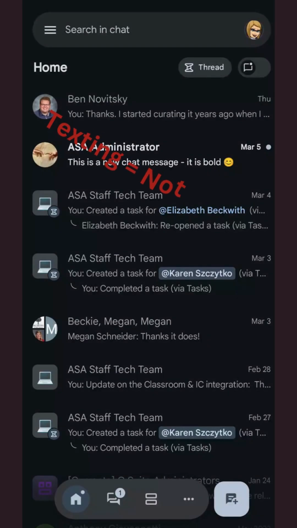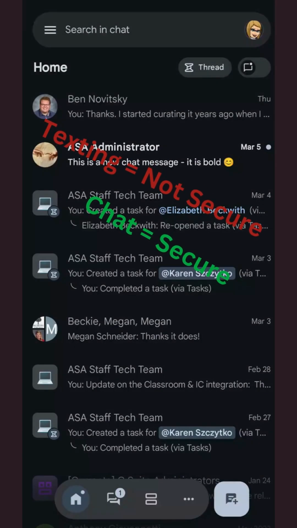So as a reminder as to why we're using the Chat app, we're replacing those text messages that we've been sending to instant message each other. The Chat app is much more secure than the native text messaging apps on our phones. So we'll be using this for those time-sensitive, school-related messages that you need to get instantly, just like with a